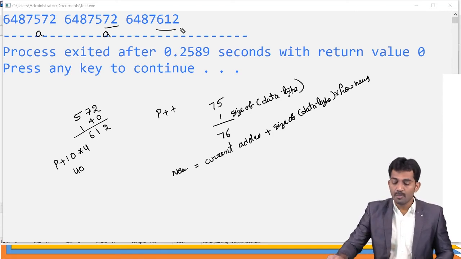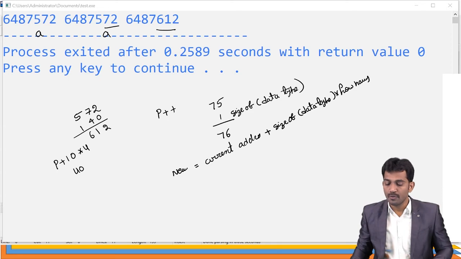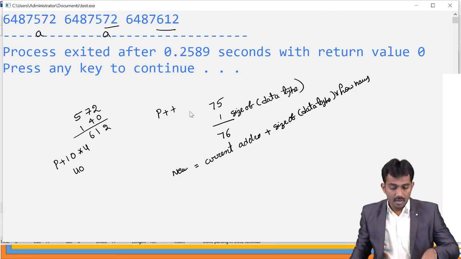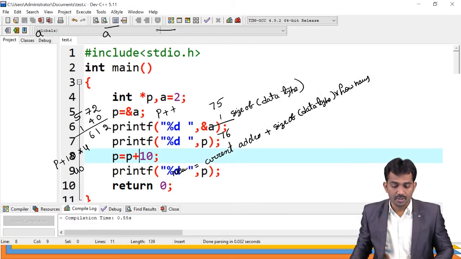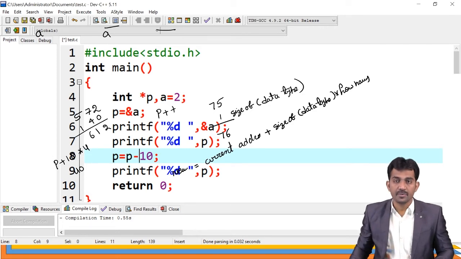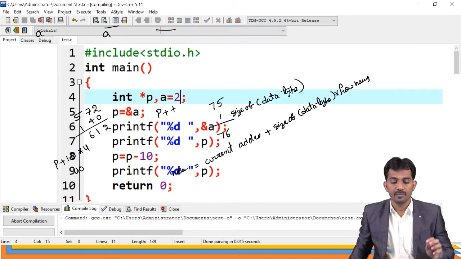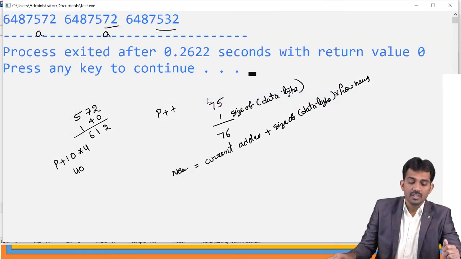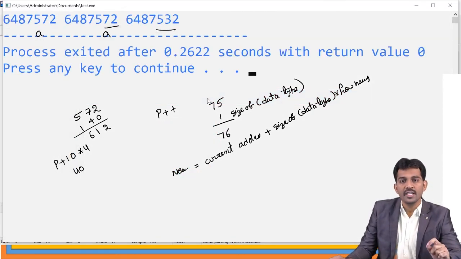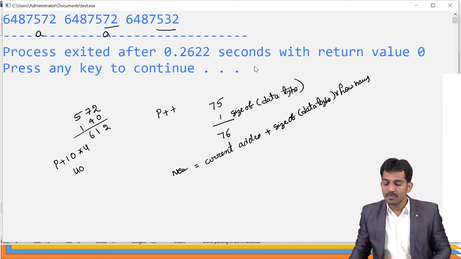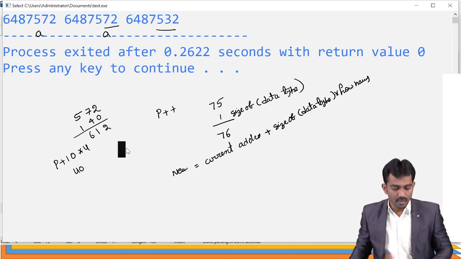Even if you perform subtraction also, you will get the result. See, now 72 minus 40, 32 only, right? That is the answer. For example, what happens if you're going to perform